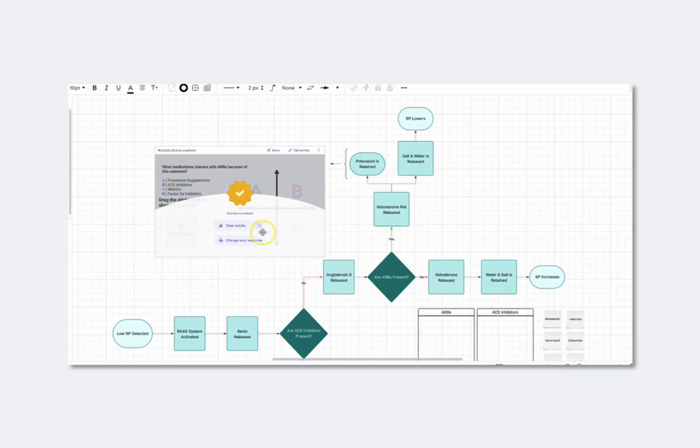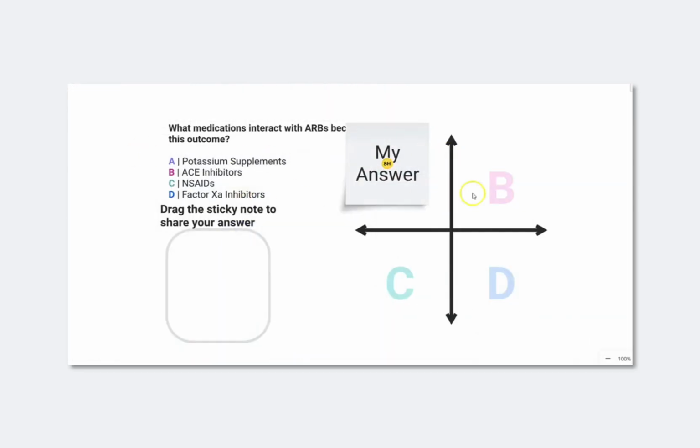I already got a result in there, but we'll go ahead and preview results. We can see I've already answered this. I was testing it. This leads us to a question: what medications interact with ARBs because of this outcome? So because potassium is retained, the answer to this one is A, where potassium supplements will interact and raise potassium